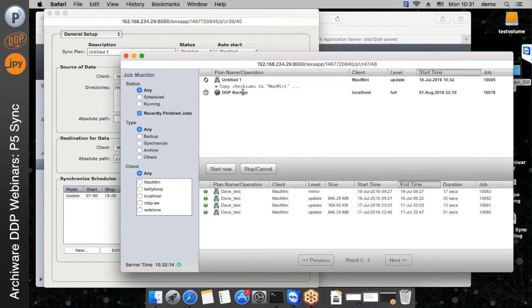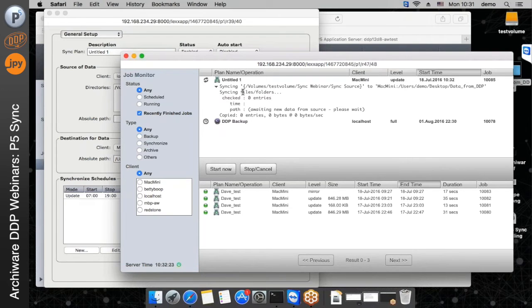And if you've got this interface open, then you can monitor the job. You can see what it's doing. It's looking for changes and working out what it needs to copy across. Then there'll be some stats about the file it's copying and how fast it's going. So this is just going to be limited by the speed of your Ethernet and the devices that you've got the sync running between. So you can see at the moment it's copying this MP4 file,